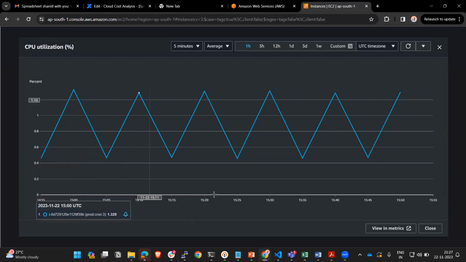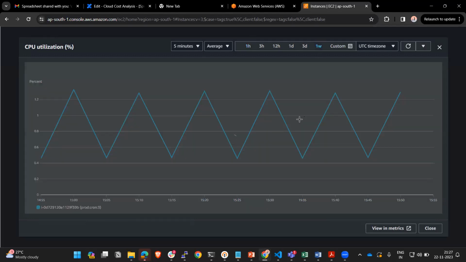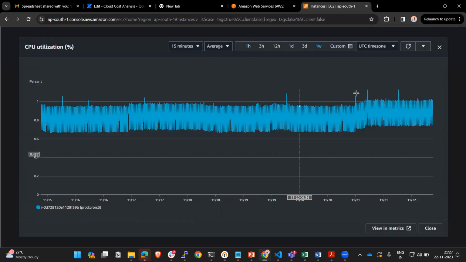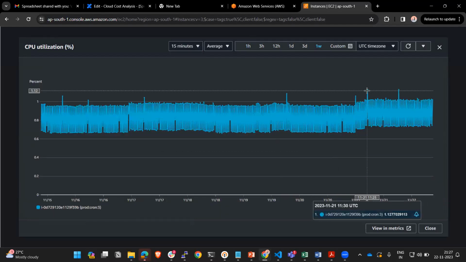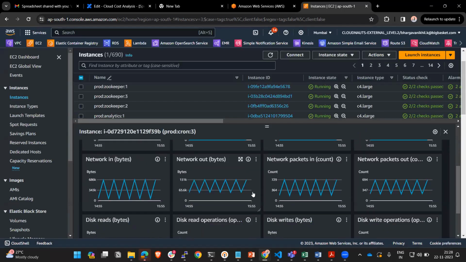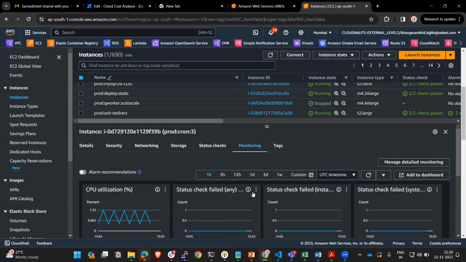Now the graph is even. There are no anomalies observed, right? If I take one week's graph, see, it went above the normal threshold. Understood? At this point of time, you will get an alert saying the alert has been breached and you need to act. You need to log into the server and check what went wrong. Sometimes it will get resolved automatically. Sometimes we need to go inside and see the alert, like what the CPU usage is,